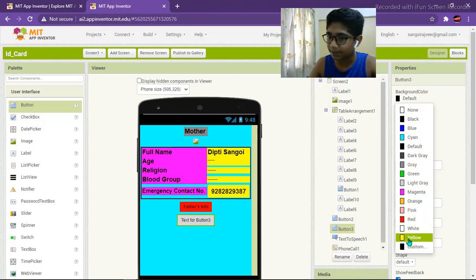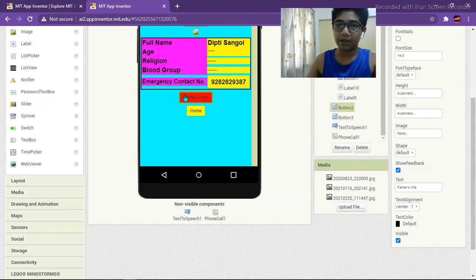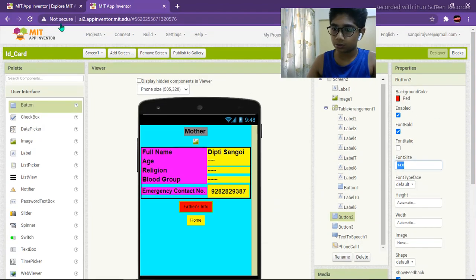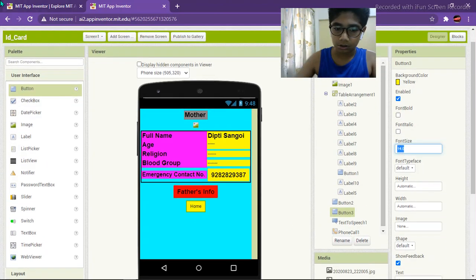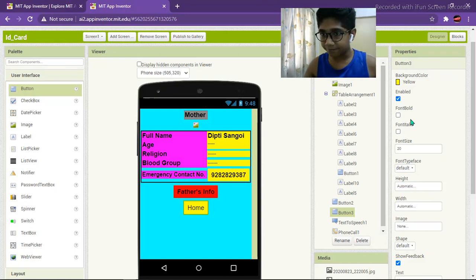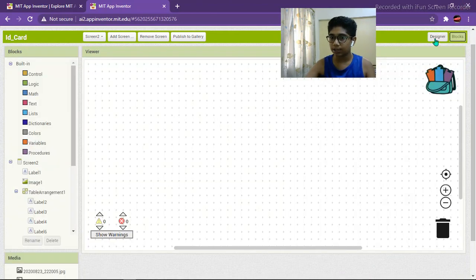So we will make it yellow and change its text to Home. So I forgot to change it to size 20, and size 20. So we are done with our designing part, and now we need to go to our blocks part.